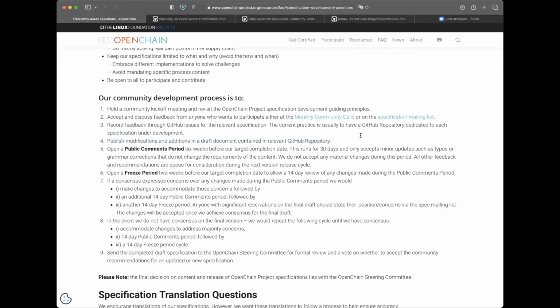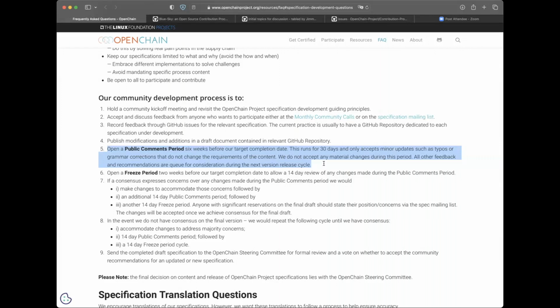Once we are ready and we have a draft spec, we put it on GitHub and we continue to iterate until we have a target completion date that will be created in collaboration with our chairs of the specification. Once they set a target completion date, we will have 6 weeks for public comments. That's where there is a completed draft specification